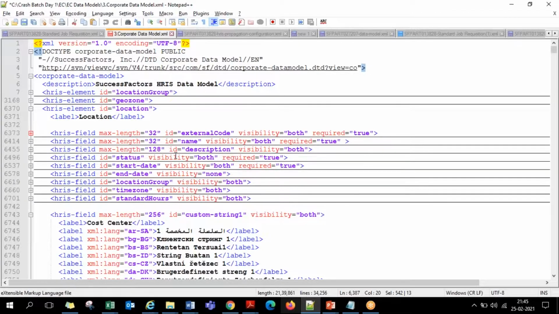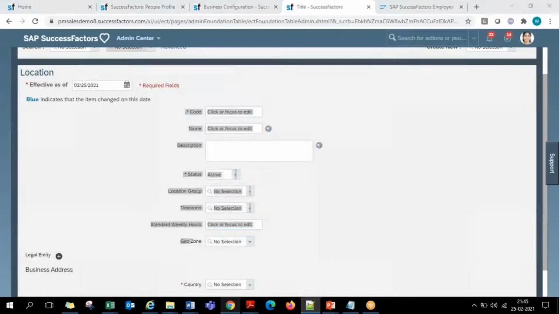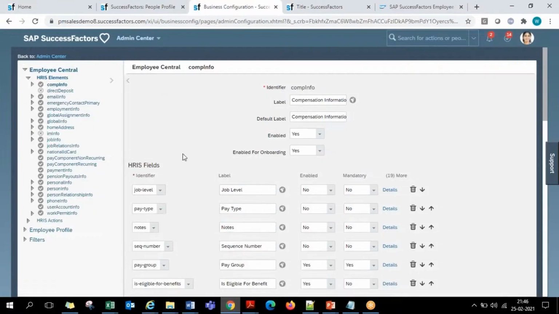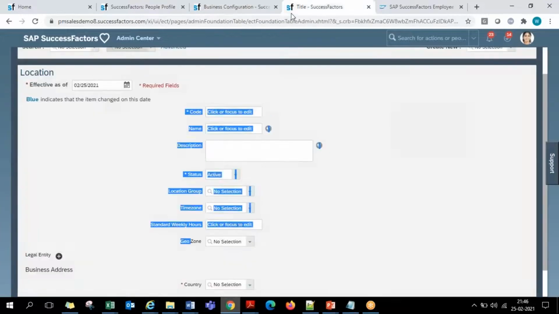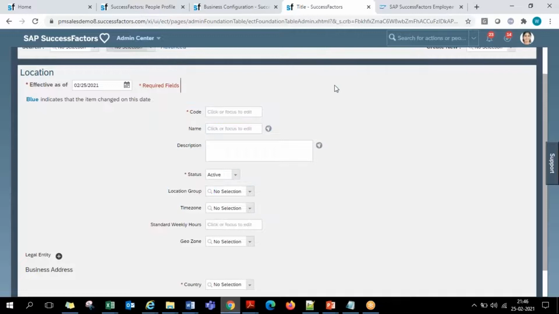and upload that XML back into the system and experience the changes. But for succession data model, you have the front end screen called manage business configuration. So whatever changes are required on the employee data portlets, you can do it here on the front end itself, as I told you, without touching XML. But for corporate data model, you have no choice. Corporate data model does not have a front end version.